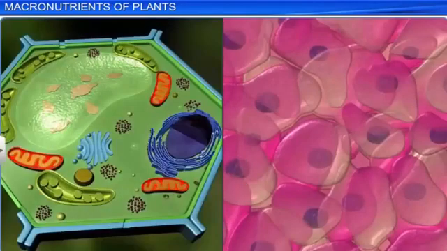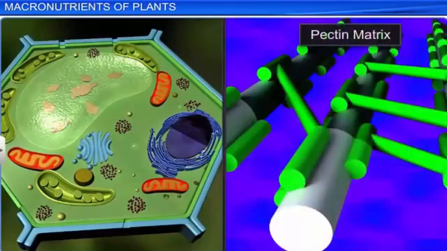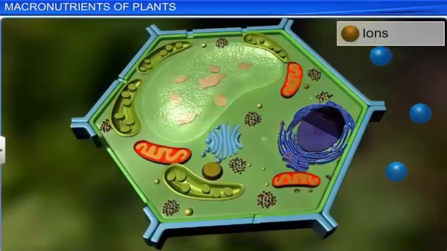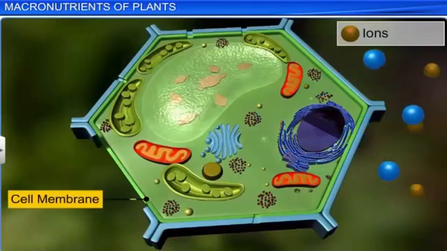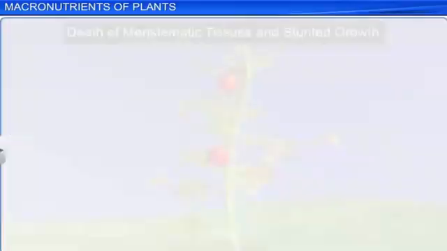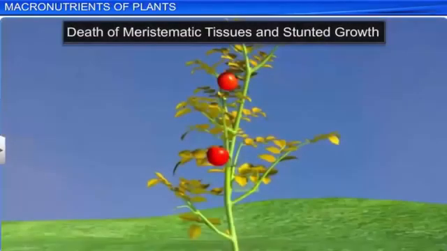It synthesizes pectin in the middle lamella of the cell wall and helps in the formation of the mitotic spindle. It is involved in selective permeability of cell membranes. It activates certain enzymes like ATPase. The deficiency of calcium leads to the death of meristematic tissues, stunted growth,